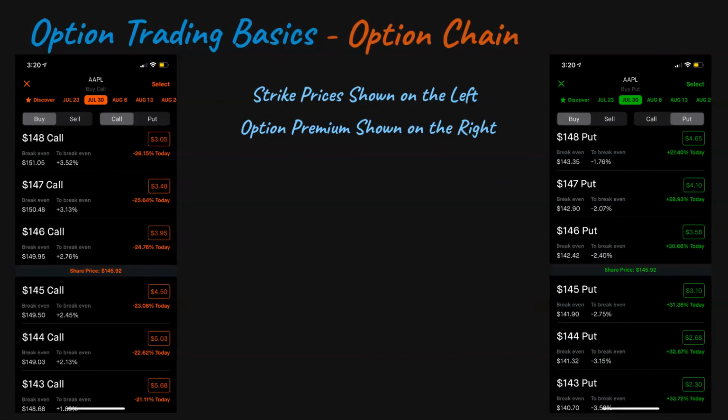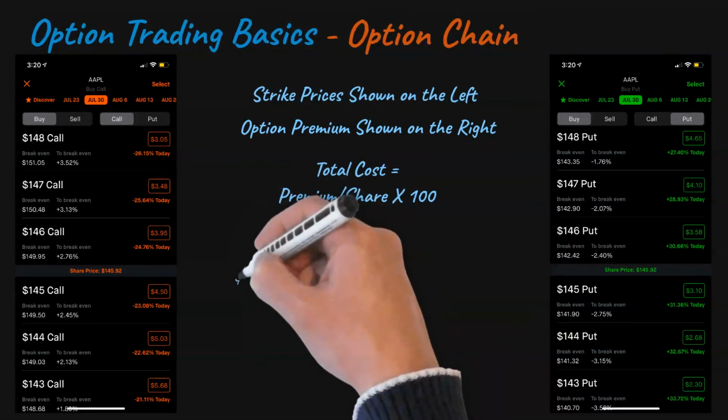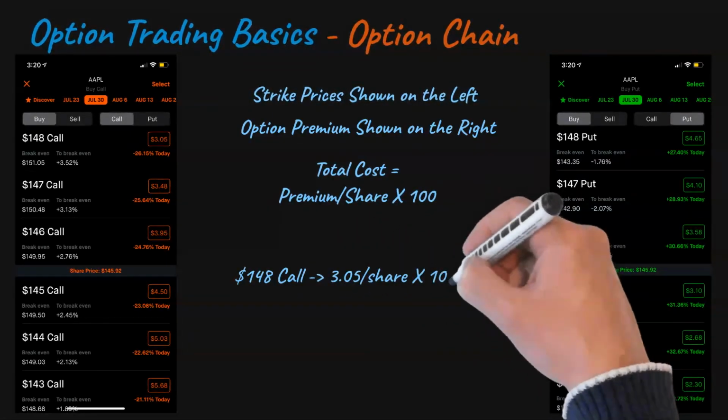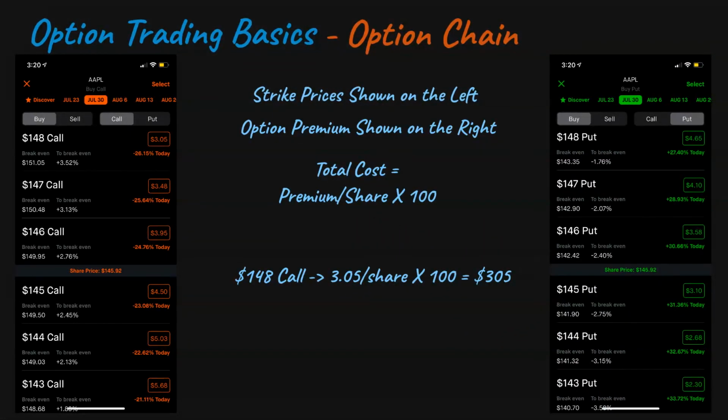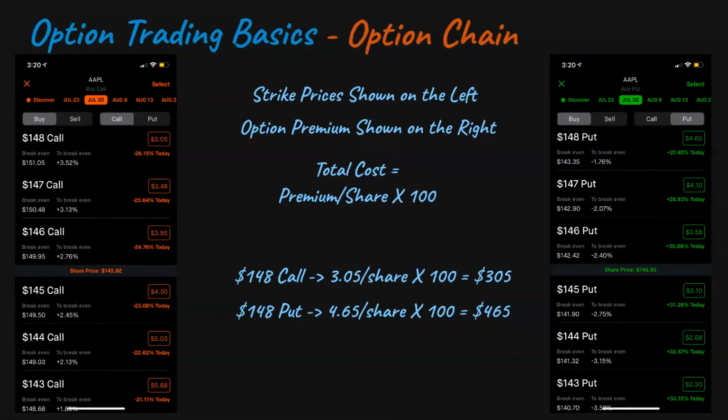Now don't get too excited when you see prices like $3. What is shown here is the option premium per share. So the total cost will be this amount times 100. For example, the 148 strike call would cost $305 per contract, and the 148 strike put would cost $465 per